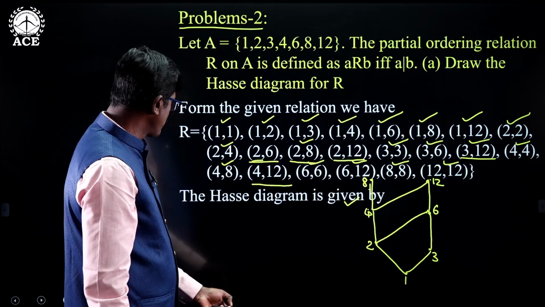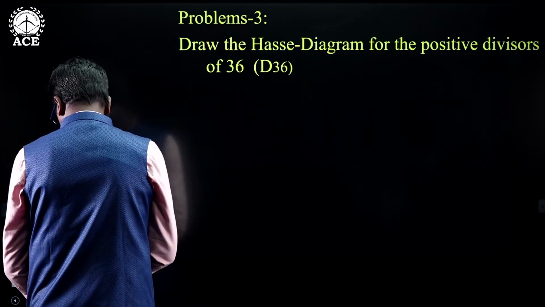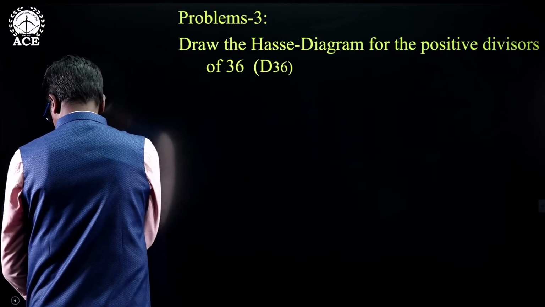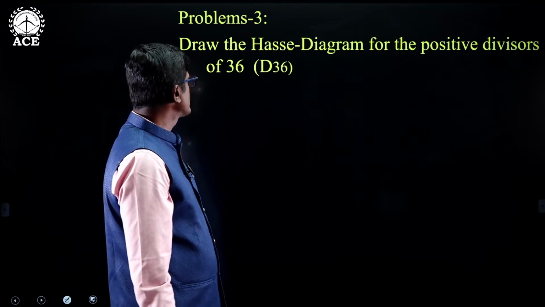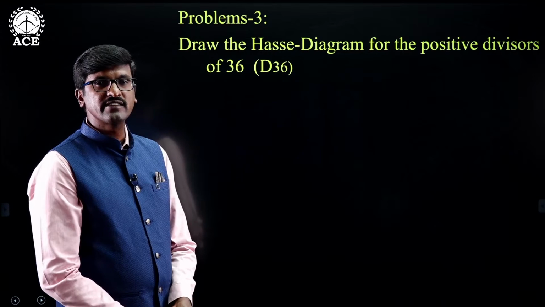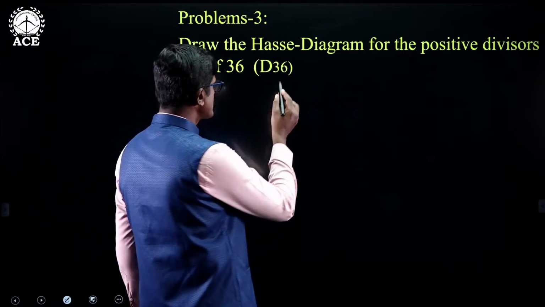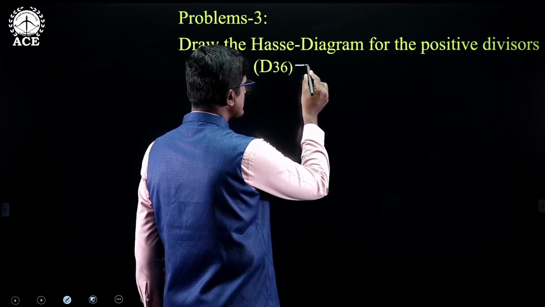Now, we will discuss one more important problem. This is a very important problem. Draw the Hasse diagram for the positive divisors of 36. Here they have given the positive divisors of 36, which is denoted as D36. The positive divisors of 36 are